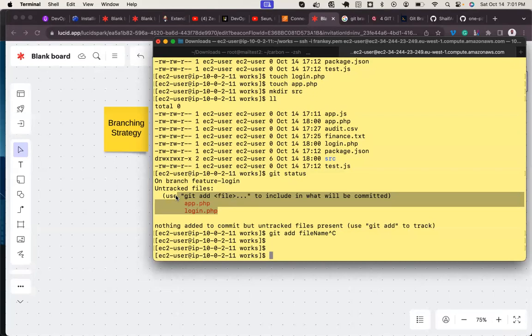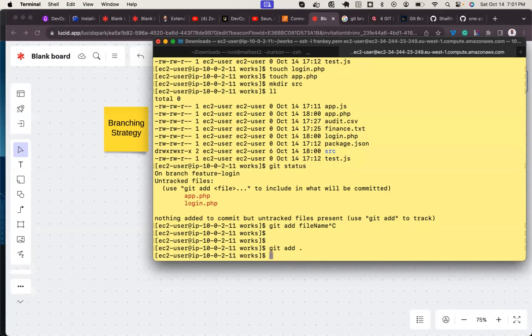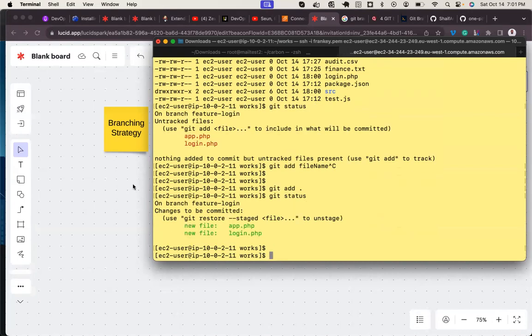How do we do it? Let's do it. So git add space dot. That dot is going to add everything from the untracked area into what? The tracking area. So let's check git status. You can see everything has been added.